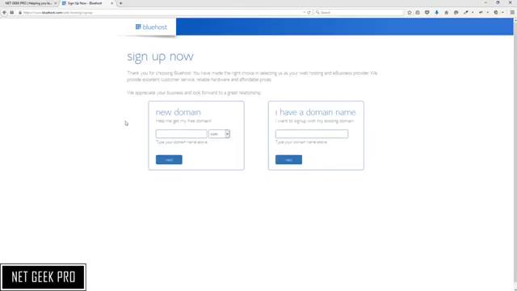So now we're taken to a page where we get to decide which domain name we want to use for our blog. If you already have a domain name purchased, you can go ahead and enter it in this box here on the right. But if you want to have a new domain and use your free credit, then go ahead and enter it here. So I'm going to enter a name that I already know has been taken, but I wanted to show you what happens if you select a name that somebody else is already using. So we go ahead and click Next,